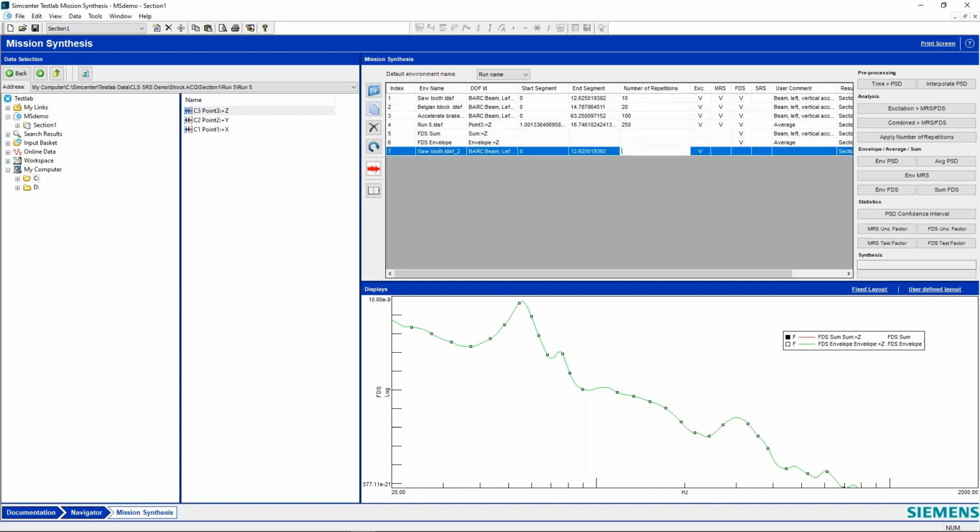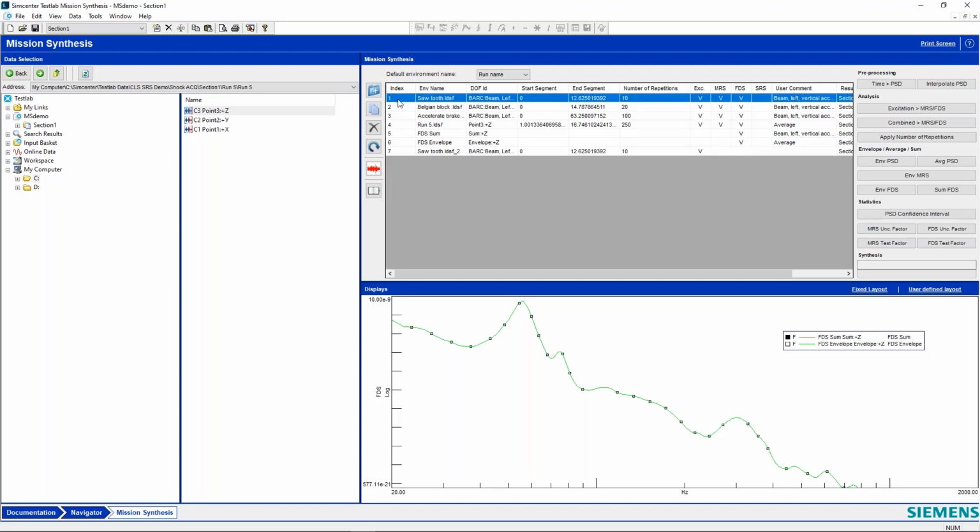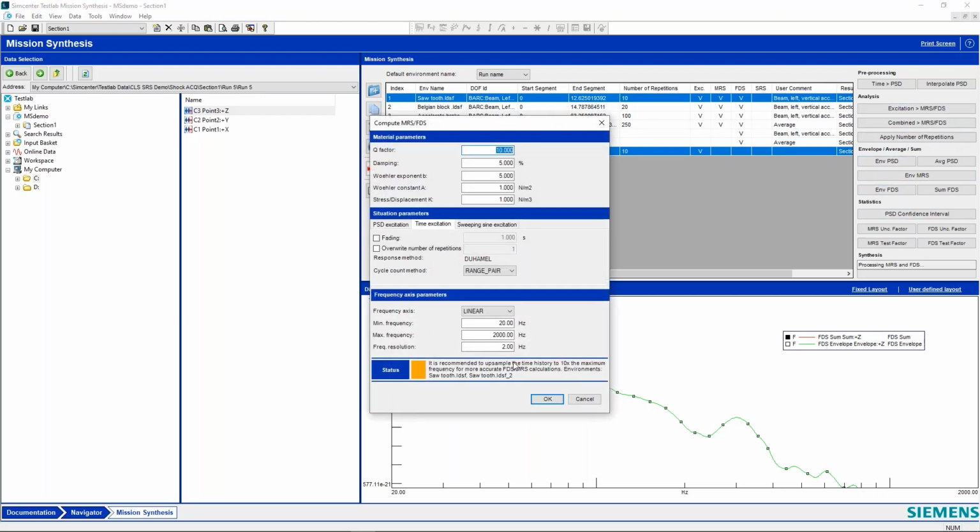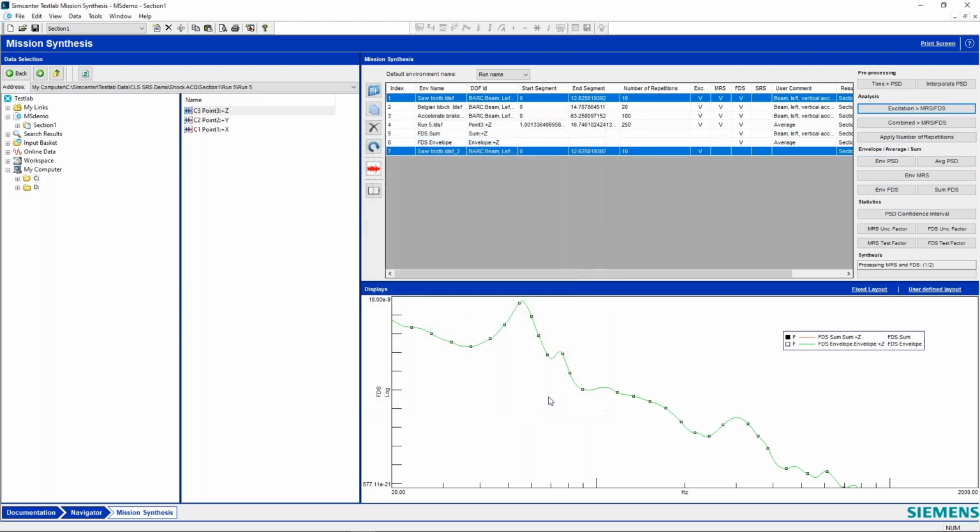And we're going to do 2 equivalent traces to just see how this works if you have 2 traces that are similar to each other. We're going to calculate the FDS here again using the same numbers. And if we display these, we can see, yes, they're on top of each other.